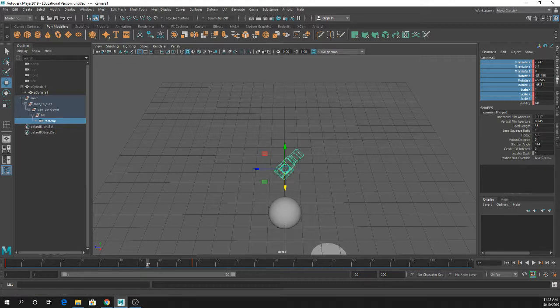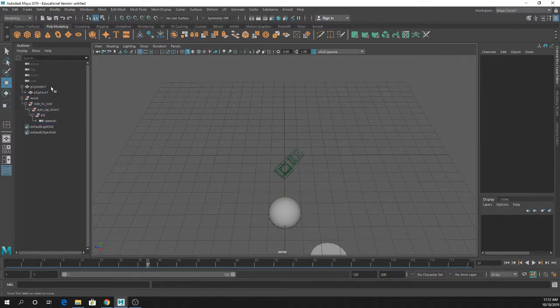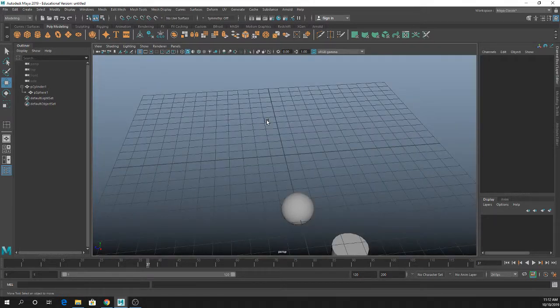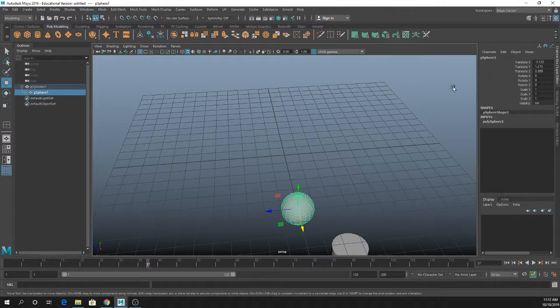All right. So today is a bunch of little mini tutorials about things. The next thing I wanted to go over really quickly is constraints, which are kind of the heart of rigging, but they're also useful for other things. And there are a few differences between constraining objects and parenting objects. So for one, when you constrain an object,